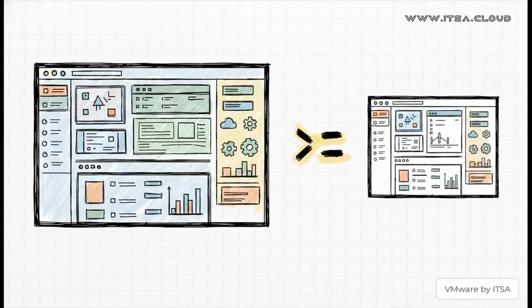You know, one of the smartest things VMware did here was to make the interface look and feel a lot like the main vSphere client. So if you're already used to working in the bigger VMware world, jumping into this is going to feel super familiar. There's really no big learning curve.